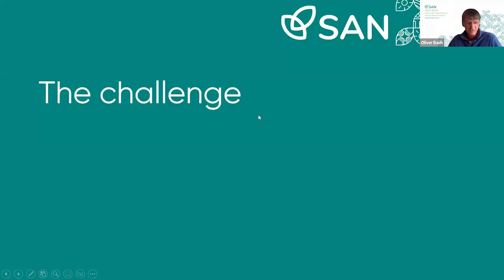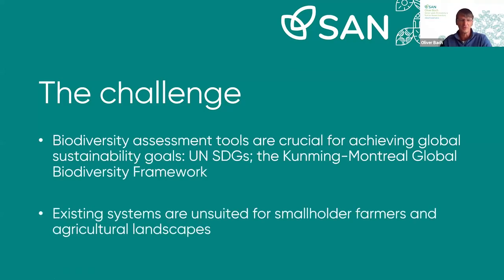Thank you, Anna. Well, everyone is aware of the biodiversity crisis, and of course, it's partly caused by agriculture, pesticide use, habitat destruction, etc. Almost every month, we read shocking numbers about the reduction of bird populations, amphibian populations, even insect populations. But here we are with SAN to look for solutions, and this is what the session is about, and we hope to have a good discussion with you.